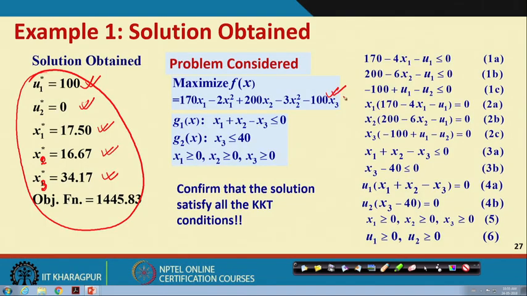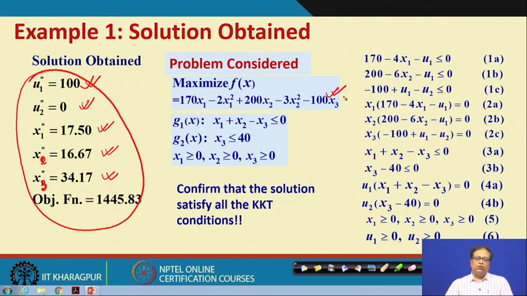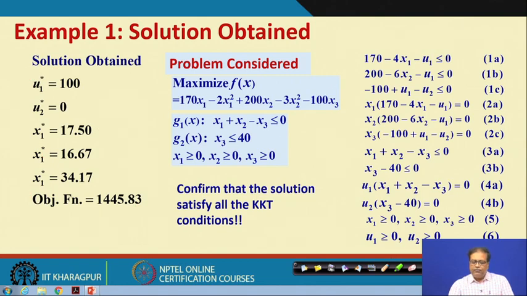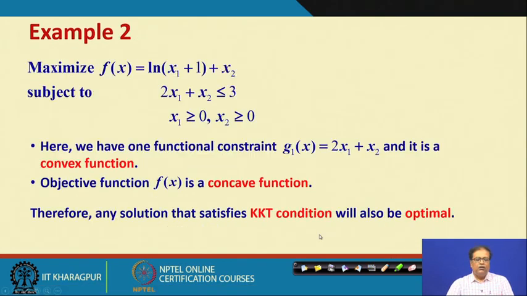We have also seen in our previous lecture that the function is concave. We obtained the Hessian matrix and we saw that it is negative semi definite. So, combining these results, we can say that this is our optimal solution and the objective function comes out to be 1445.83, right. So, we have solved this problem. In the remaining time, let us quickly check one more problem just for confirmation of our ideas, and we shall see how to quickly solve such problems.